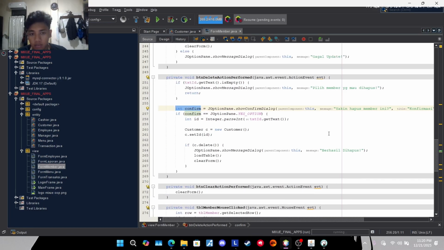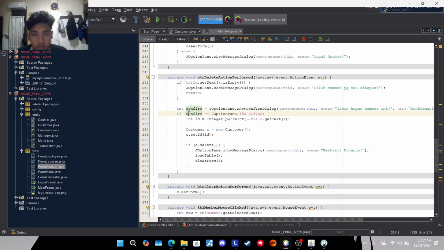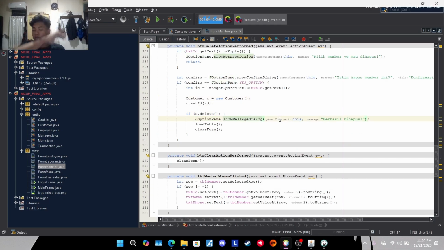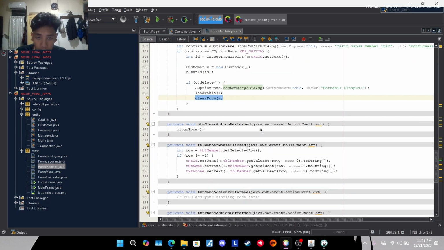like this. And if the JOptionPane is the yes option, the integer ID and customer set ID will be deleted. If the delete is successful, there will be showing the message "berhasil dihapus", and it will load the table again and clear the form.